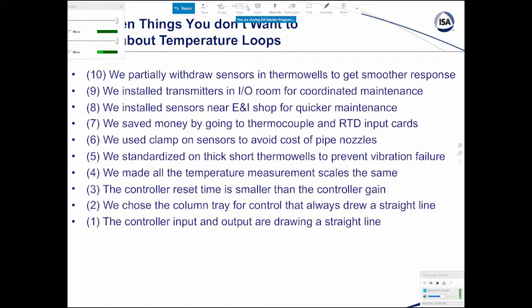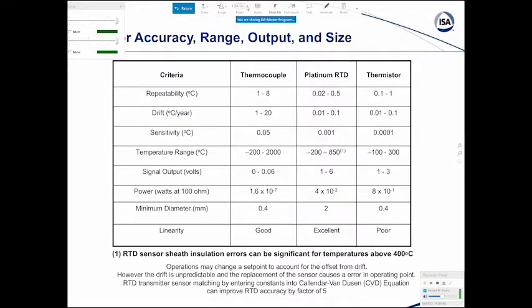And so what you do is you transfer variability that's in the controller input to the output through feedback control action, sometimes feedforward action. And so necessarily you can't have the output also drawing a straight line long term. I mean, short term that can happen. You're at a steady state and things are quiet, but in general, the controller's got to do something, and what it does is change its output.